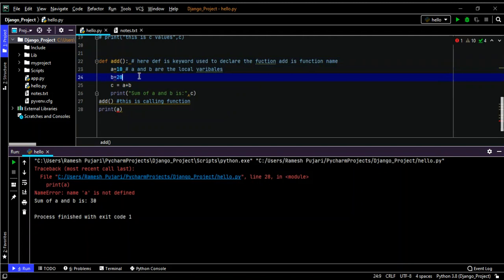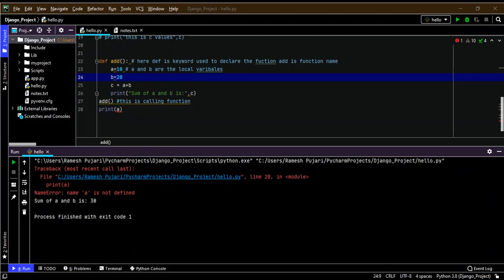So this is a local variable. To overcome this problem, we introduce the concept called global variables, which means a variable declared outside the function is called a global variable. Variables declared outside the functions are global by default.